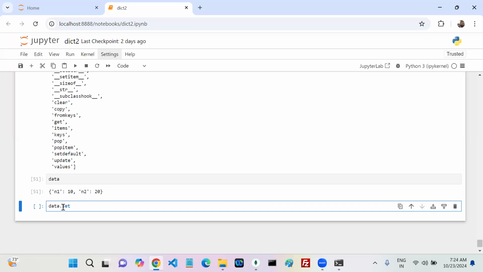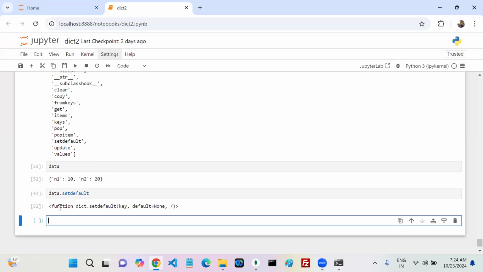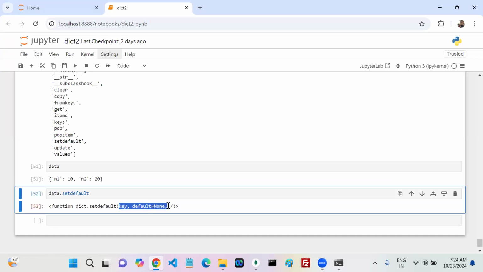Data dot setdefault. What is the type of this? How many parameters does it take? By seeing this one, you can tell. Okay, the parameters are like this. Can anyone tell me which kind of argument this is? There are multiple types of arguments: positional arguments, keyword arguments, default arguments, variable length arguments,